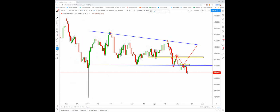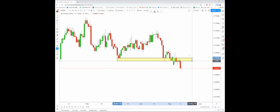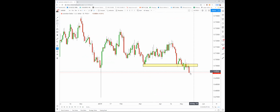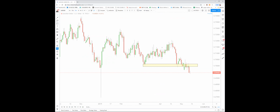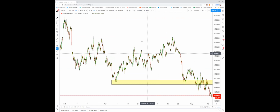Aussie breaks down 0.7, right? Okay, and you can see here is a really nice structure. It breaks down, pulls back, now 0.69. Is there any other place for the Aussie? Let's look at the 30 minute charts. You can actually see the Aussie. I think